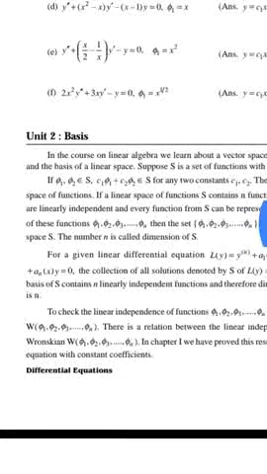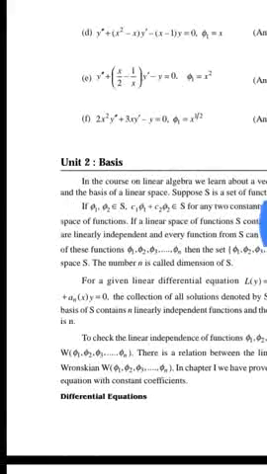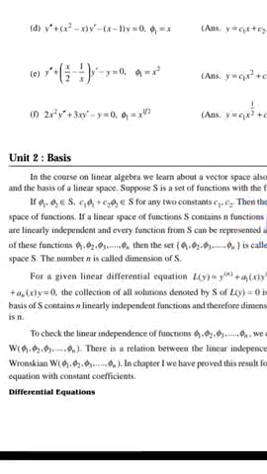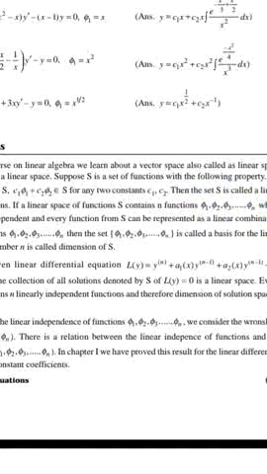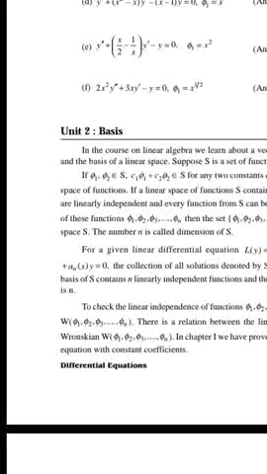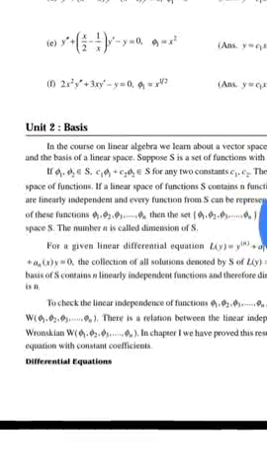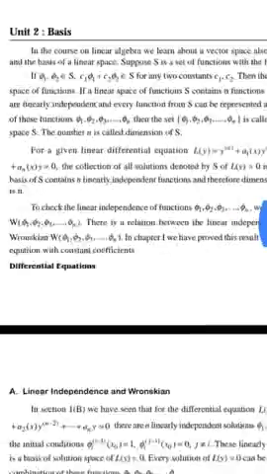Suppose S is a set of functions with the following property. If phi1, phi2 belong to S, then C1 phi1 plus C2 phi2 belongs to S for any two constants C1, C2. Then the set S is called a linear space of functions. If a linear space of functions S contains n functions phi1, phi2, ..., phi n